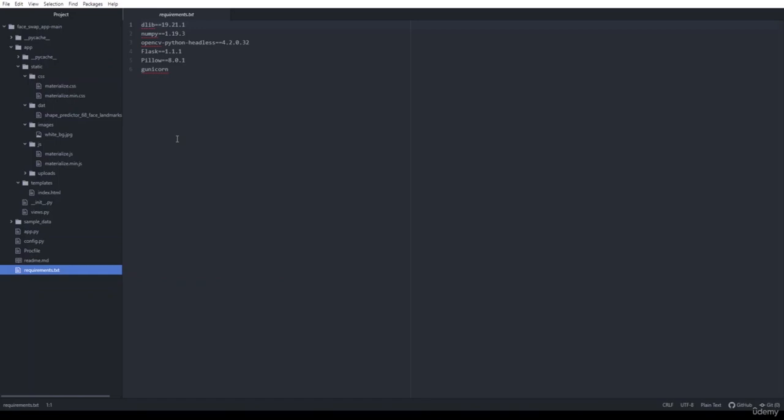So in case you don't know what all libraries and versions you are using, you can create this requirements file on your own. So let me show you how you can create this requirements file on your own. But for that, you need to copy the path of this folder where your app is stored and open the Anaconda command prompt. Let me show you how to do that. You just need to copy the path of the folder and open Anaconda command prompt.